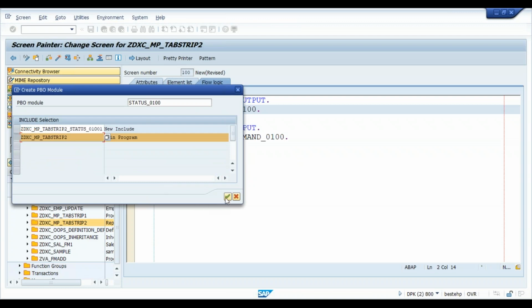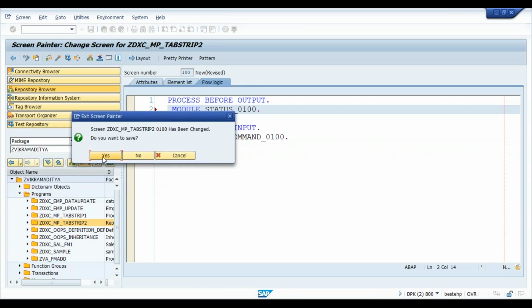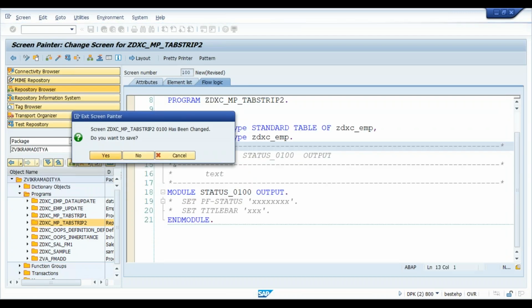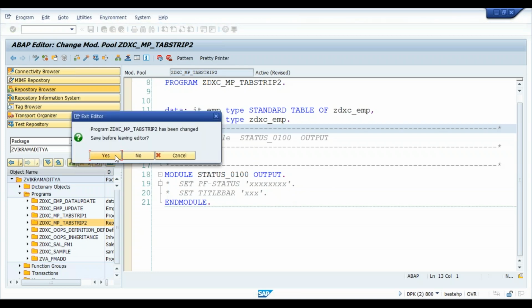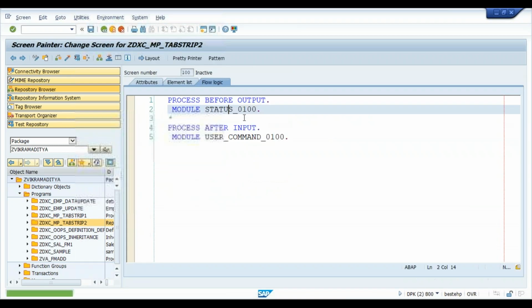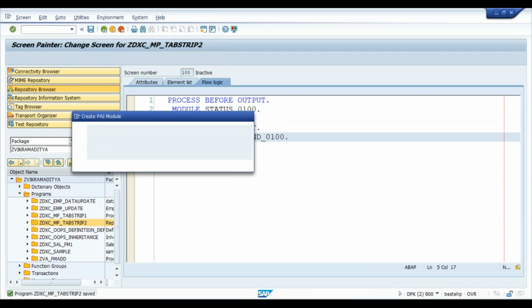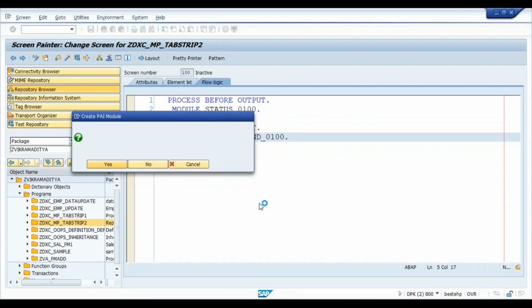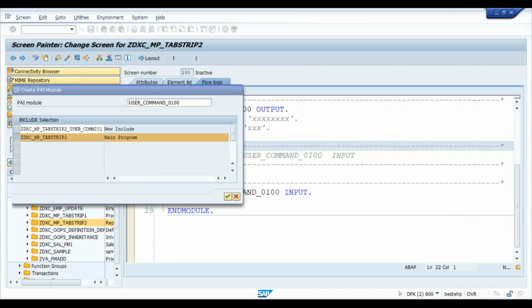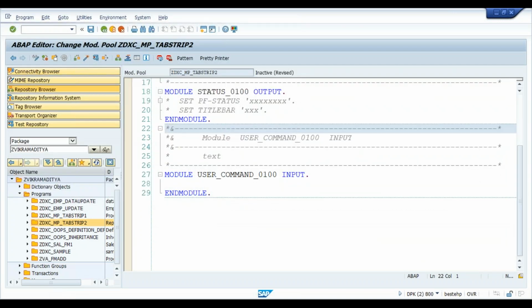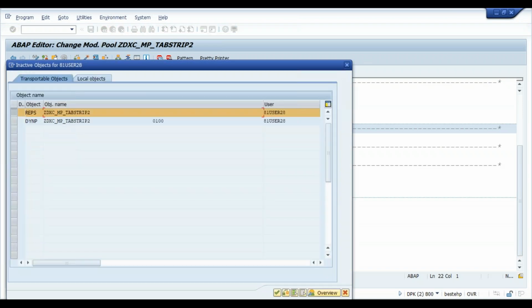In the main program, say OK. Yes. Save it and back. And we need to create that module, second module as well. Once you have done and activated it,